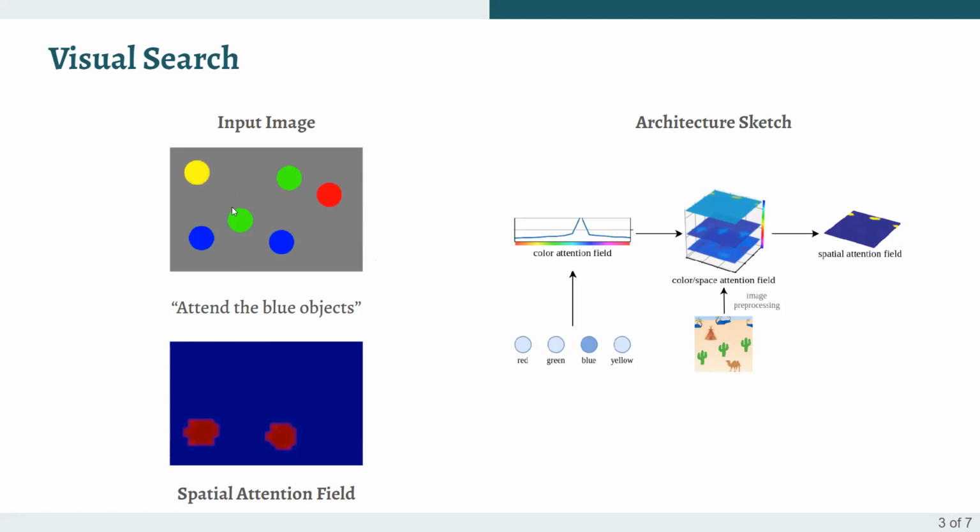For example, if you have this input image and you then tell the architecture to attend the blue objects, it should form two peaks here, one for each blue object. You should be able to then also ask questions like attend the yellow object or attend the green objects or the red objects, and the corresponding peaks should then light up here. This architecture has not a lot of fields,